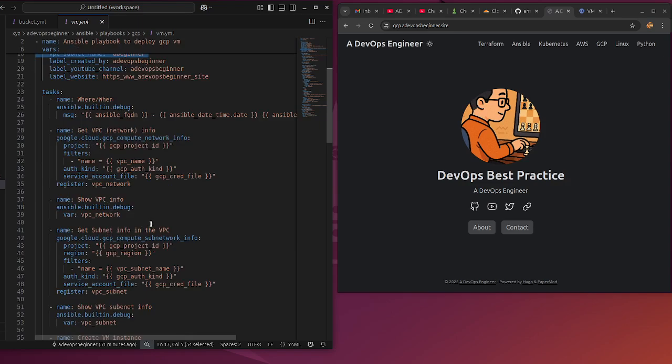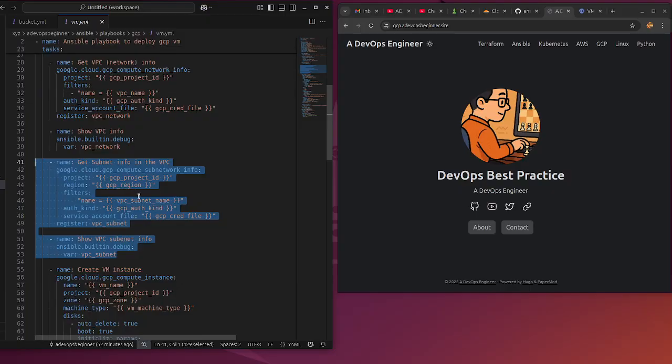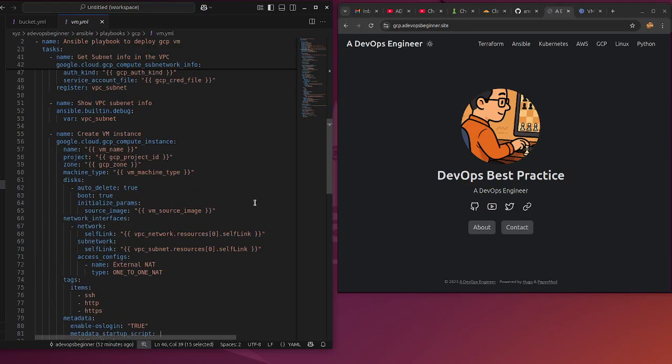First, I retrieved the VPC info, where we're going to need a self link to create the VM. Same thing, I retrieve the subnet info with this name, and we're going to use those two things in this GCP compute instance